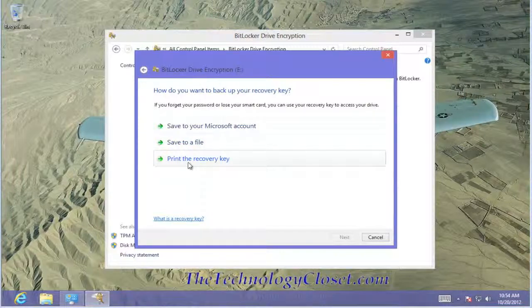I would recommend that you don't print it. If you have a Microsoft account, well, you're putting it up on that account, and it by its nature is unencrypted. So you're having to trust the account. You could save it to a file. At least in the file you could take that off and save that somewhere else, and at least you'll know where it is. I like to save to a file,